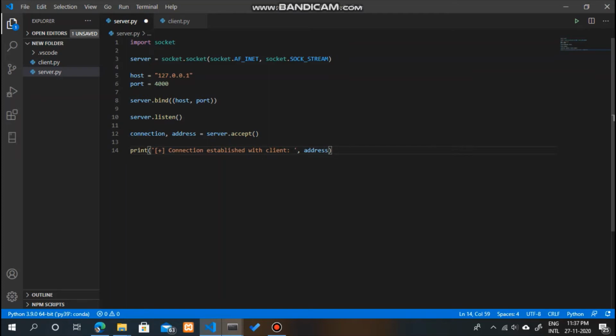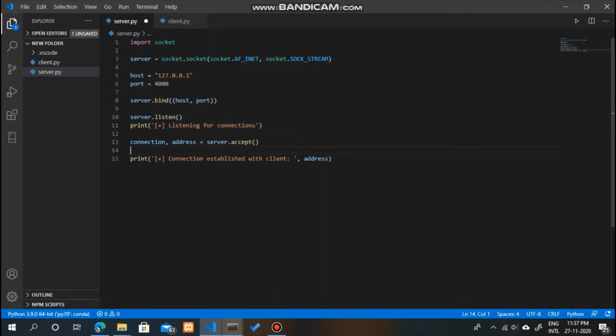And for logging purposes let us print a statement here also: Listening for connections. Now our server is capable of listening to connections and accepting those connections.